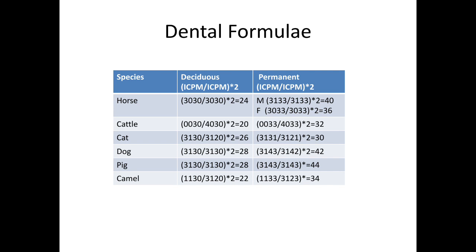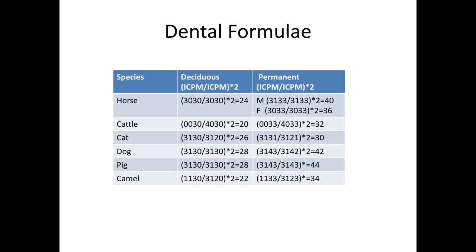Milk teeth are three incisors, 0 canine, 3 premolar, and 0 molar on the upper side, and 3 incisor, 0 canine, 3 premolar, and 0 molar on the lower side, on either left or right. And these are multiplied by 2, meaning a total of 24 teeth are present in the deciduous form of a horse. The permanent teeth are 3 1 3 3 in the same condition: incisor, canine, premolar, and molar. By 3 1 3 3, total number of